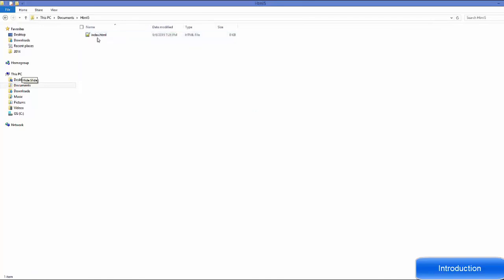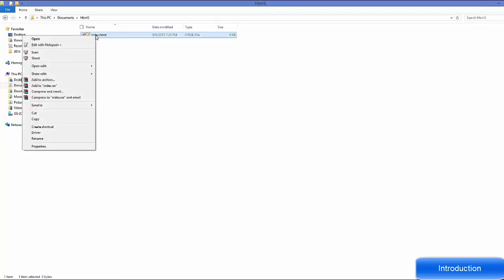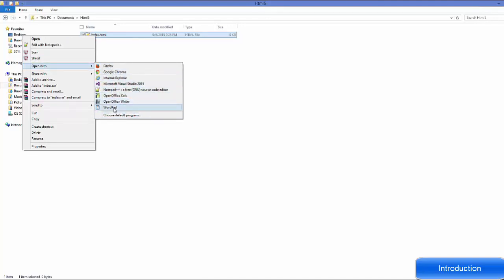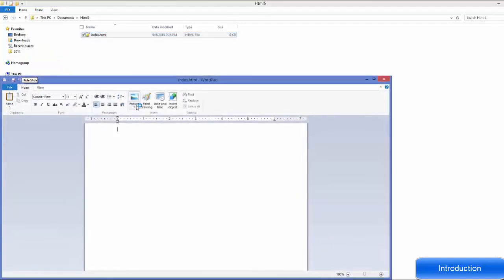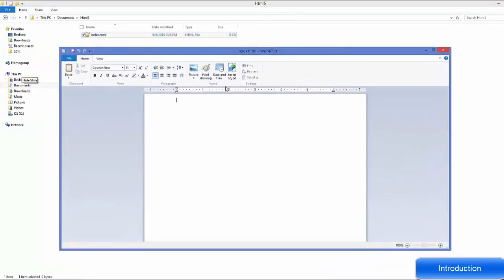Now you can open this HTML by a variety of editors, for example Notepad++, as I said, or native Notepad which was available in Windows. So you can just right click, open with, and you can choose WordPad or Notepad from here. Okay, so just open it in WordPad, for example, and in here you just write your code